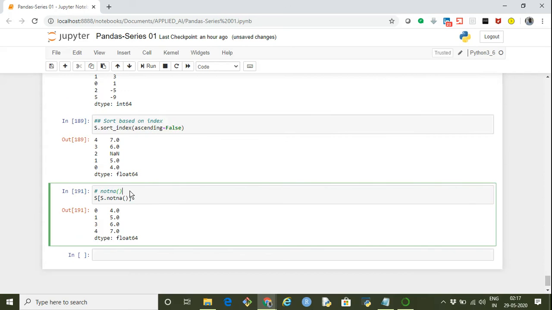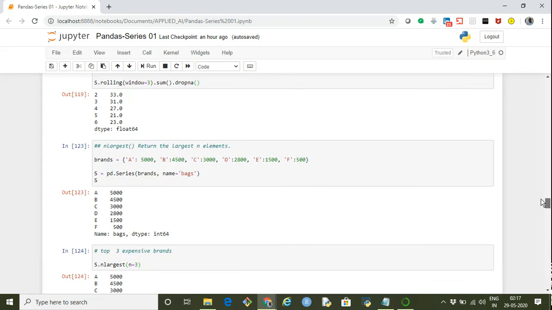Just the last function for the day is notna. Basically, it will check whether the element is NA or not. If it is not NA, then it will return true. Using this logic, we can filter out all the NAs. What we are doing here is Boolean indexing. We are finding s dot notna. All the elements which are not NA will return true, and then based on the Boolean indexing, we are printing those elements. So we learned a lot of handy functions which we use day-to-day